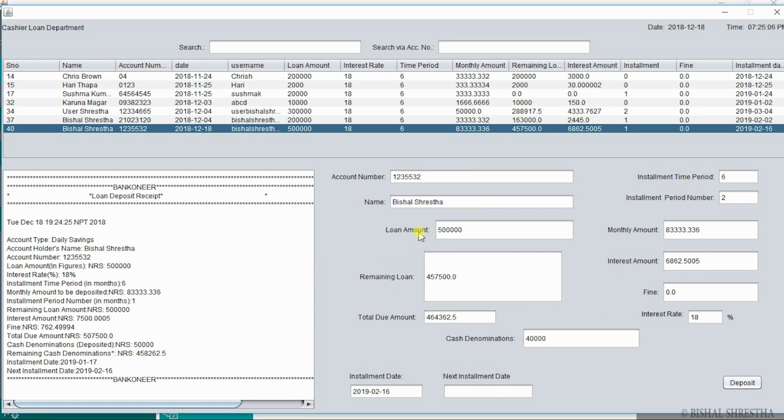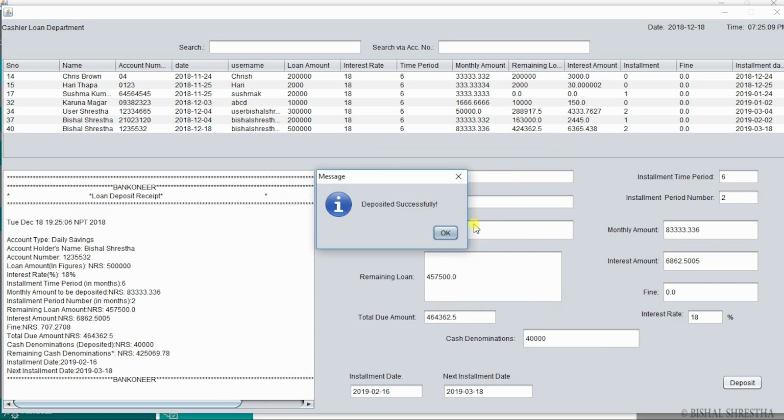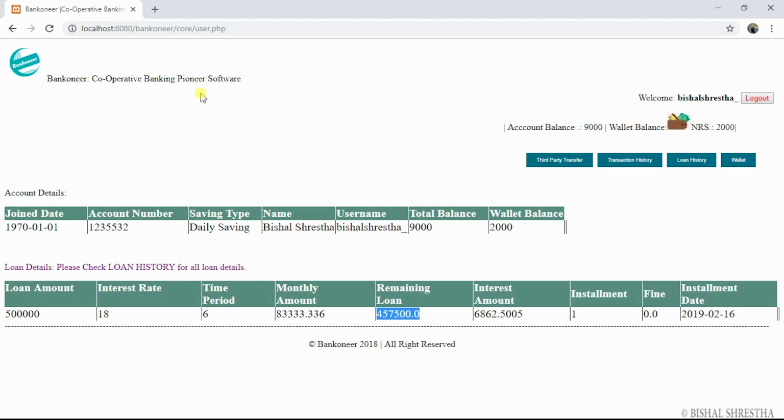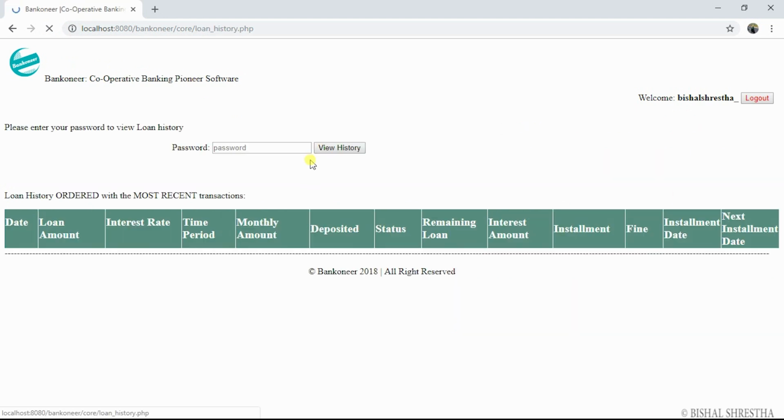So on deposition, the receipt is generated. The next installment date is calculated. The installment date is of 30 days, which is the standard date for the calculations. So successfully, which can be viewed in the online banking. Here, the calculated amount and the loan history